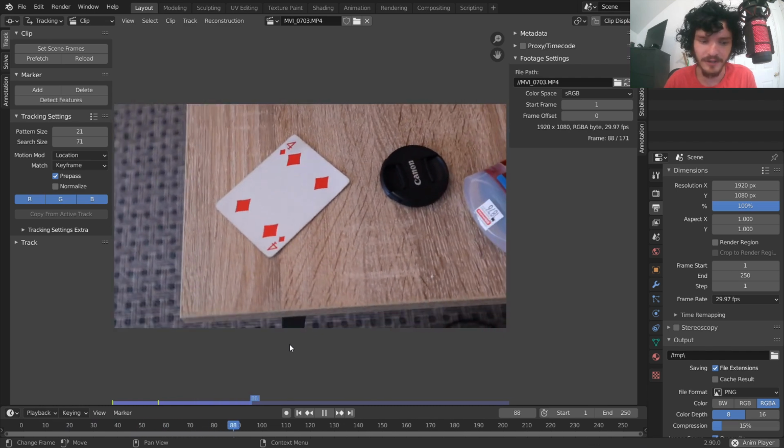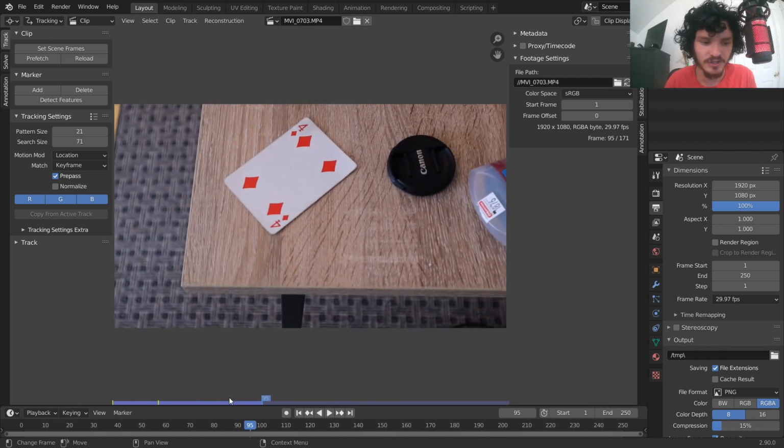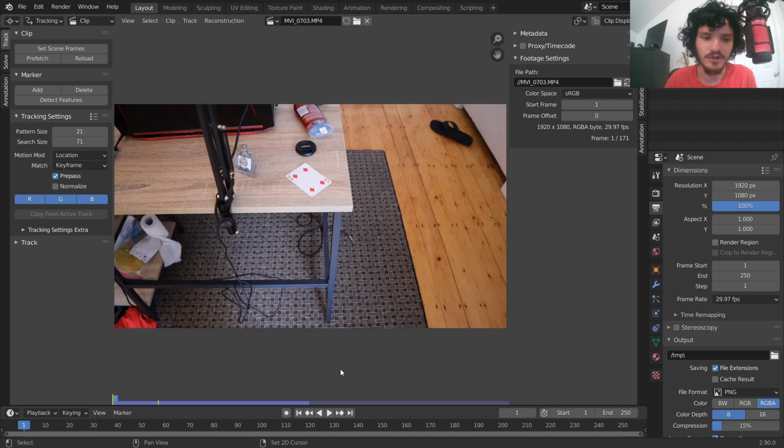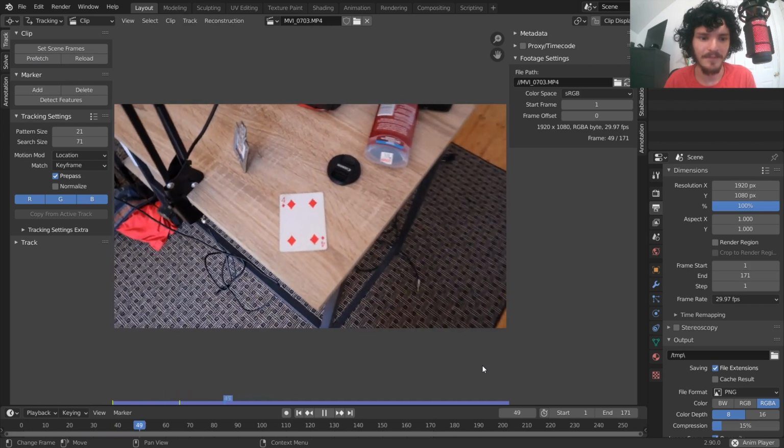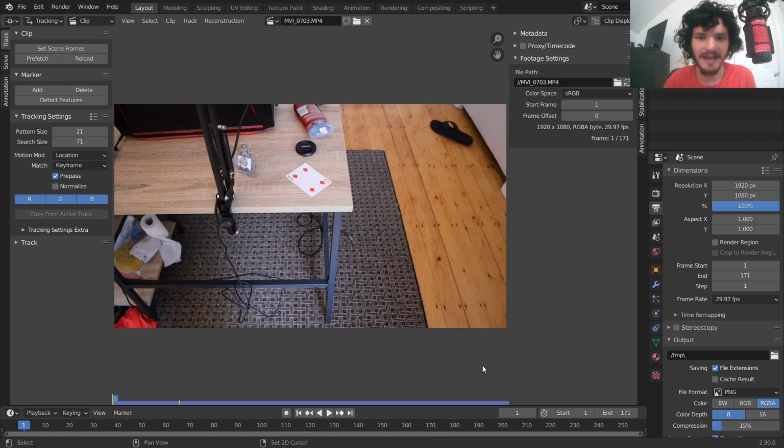It's actually playing fairly quickly, but you're seeing that this line is turning purple down here, and that means it's going into memory, and we can automate this process. First of all, set scene frames, so that it doesn't go from frame 1 to 250, but frame 1 to however many frames the video is. So in this case, 171, and then prefetch is going to make everything go into memory. Okay? So that is how we set up, and now we just need to track